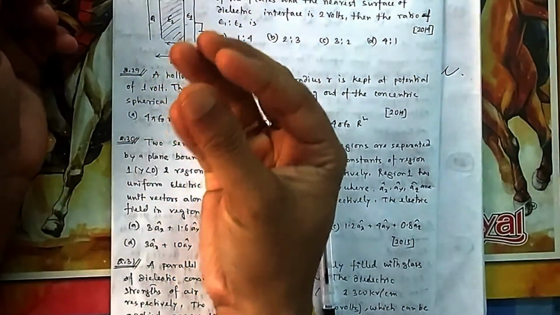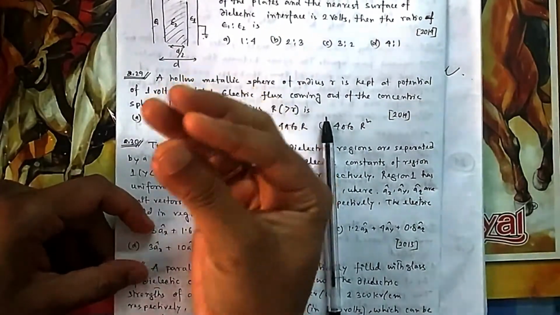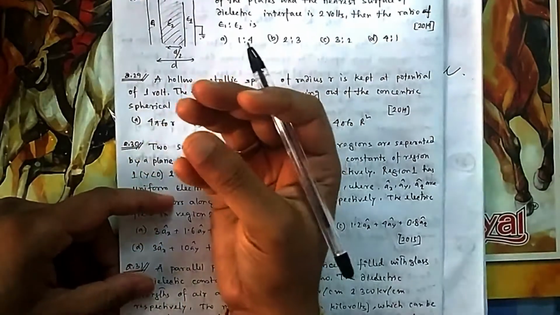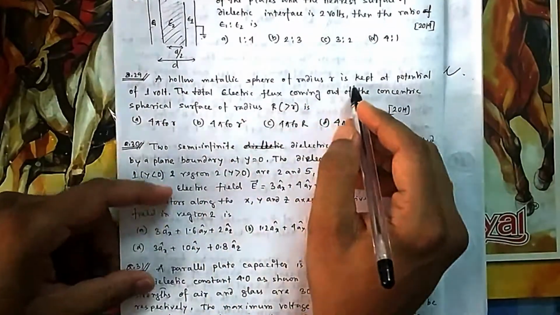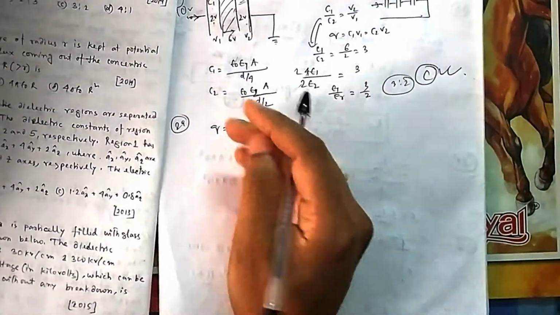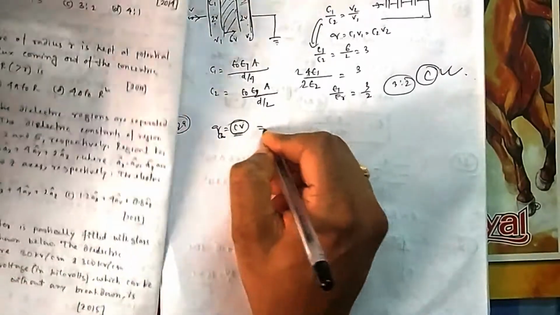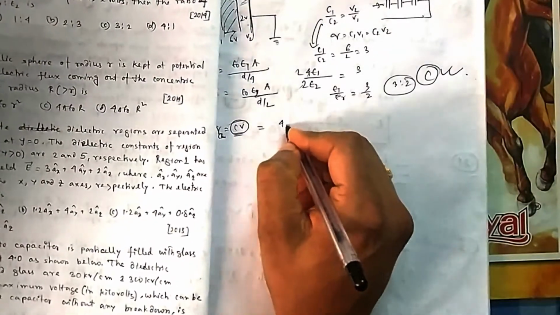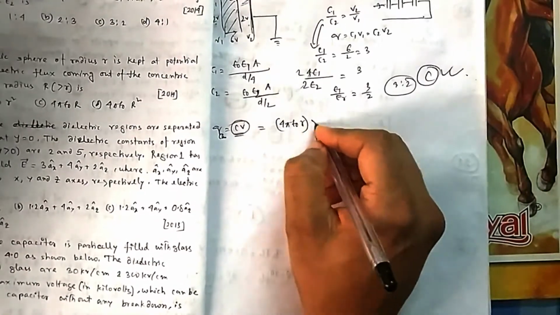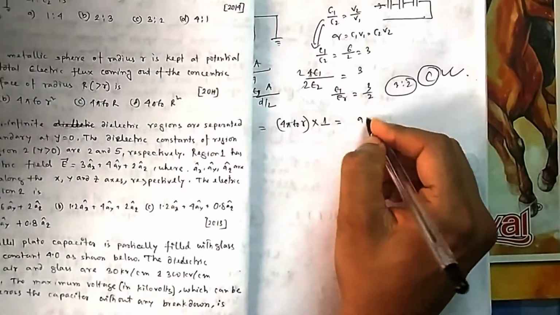So what is the charge enclosed by the small sphere? The small sphere charge will be Q equal to CV, because it is a sphere. You can find the capacitance of that, and the voltage is already given. So the total flux coming out, as per Gauss law, is equal to Q enclosed, and Q enclosed is CV. For a spherical capacitor, C is 4 pi epsilon naught times r, and voltage is 1 here. So it will be option A.